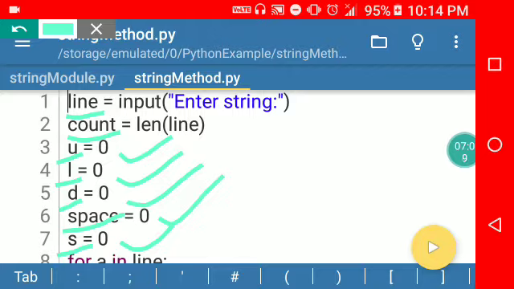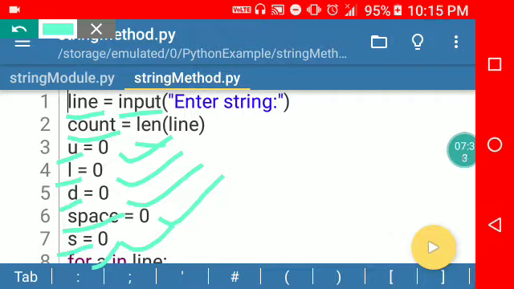And A is the loop character. Here I have written A. Clear? Next are the functions input and len. The input function is used to accept a value from the user side.